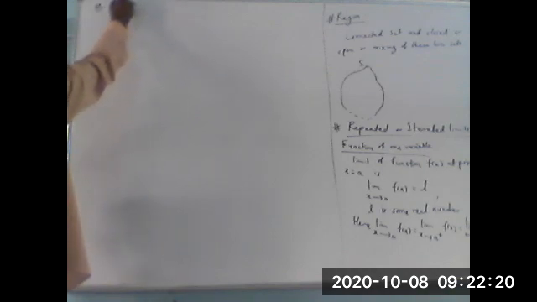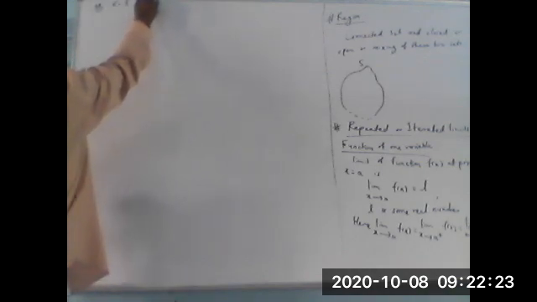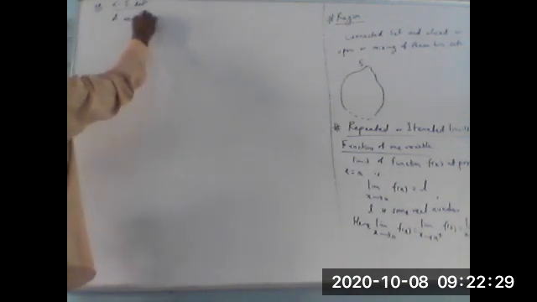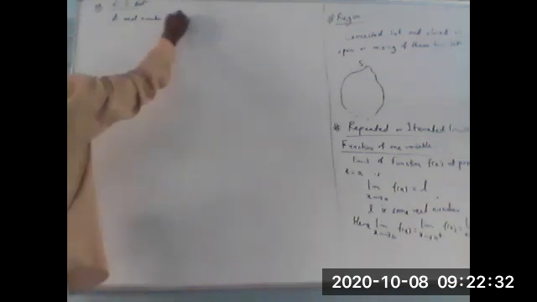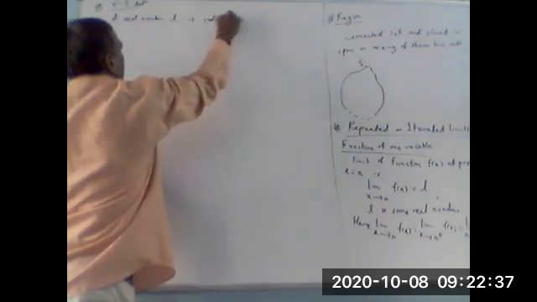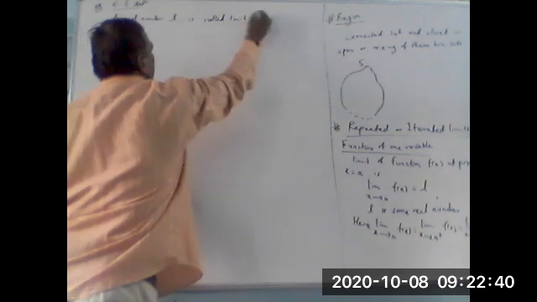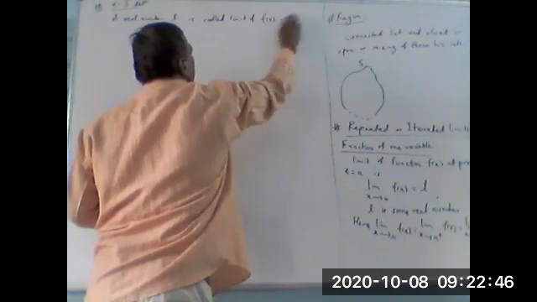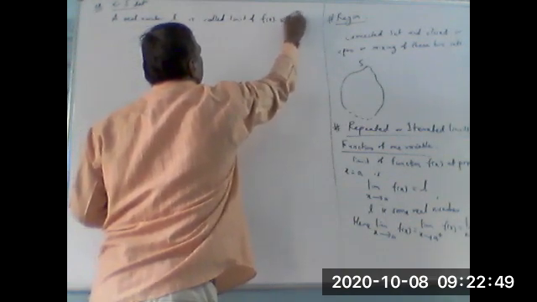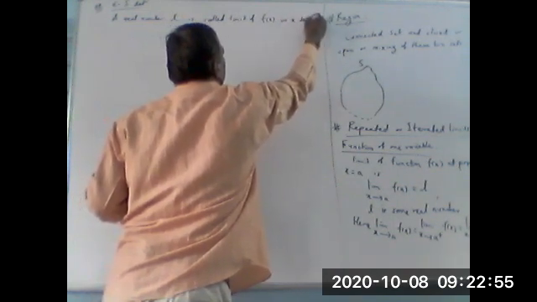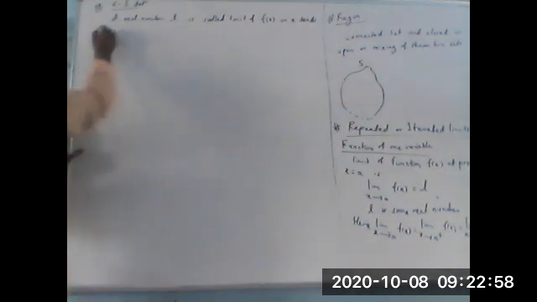Therefore, this limit L, a real number, is called the limit of f of x at the point as x tends to a